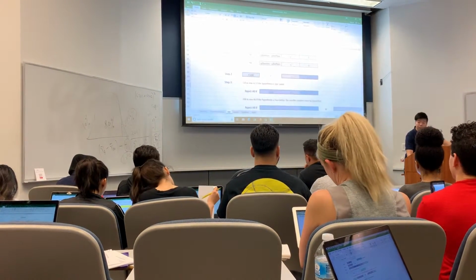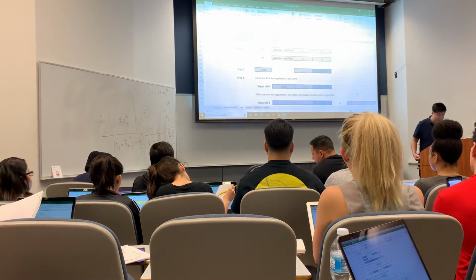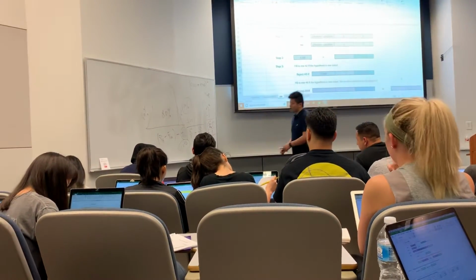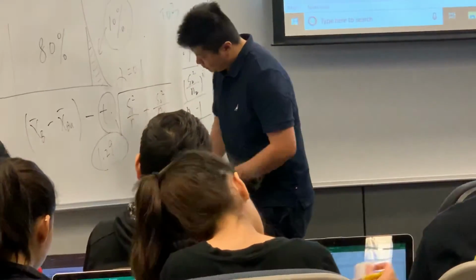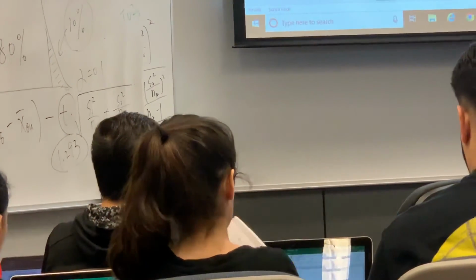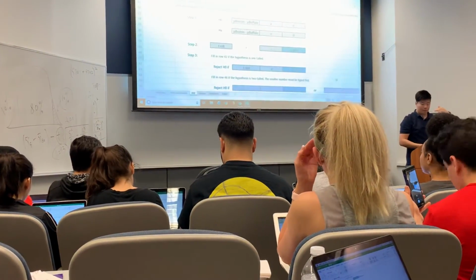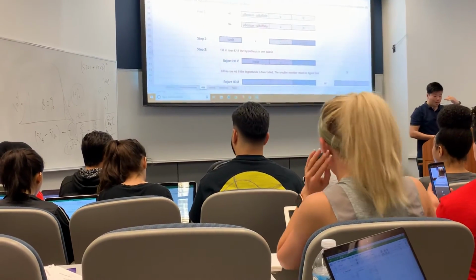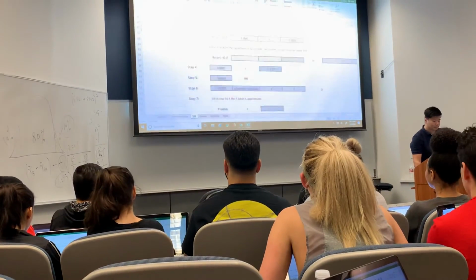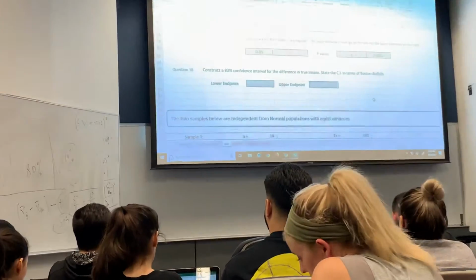Row 74, that's my DF. It's 1.293. The intersection between row 74 and my first column gives me 1.293. That's my t value. All right. Is there any questions for